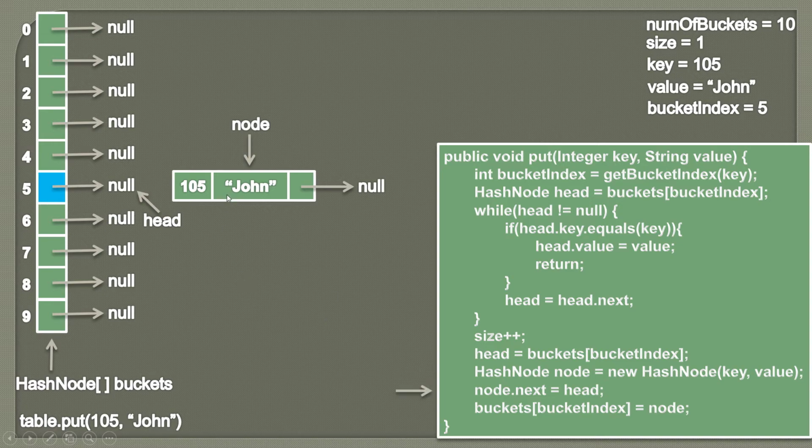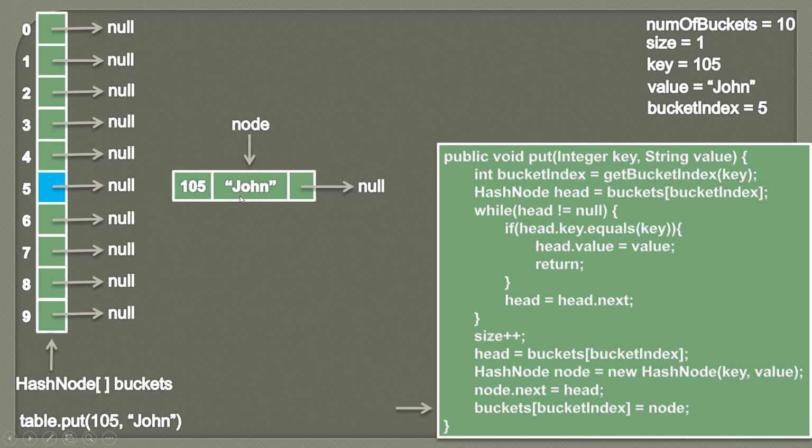Now as we want to insert this node at the beginning of the list which is starting from head, what we do is we simply assign the value of head to node next, because we want to insert this node just before the head, which would be the beginning of the list. So node next should point to head. So we are simply assigning the value of head to node's next. Currently node next is already pointing to null.